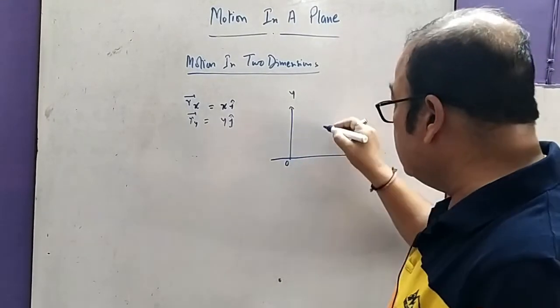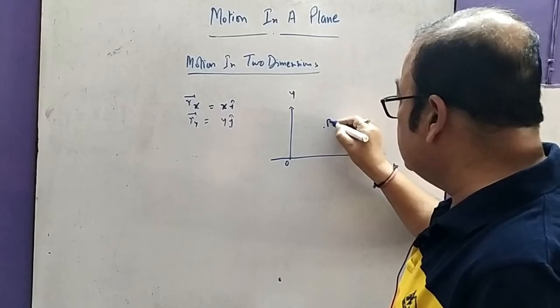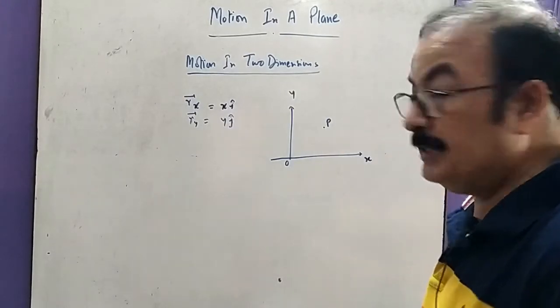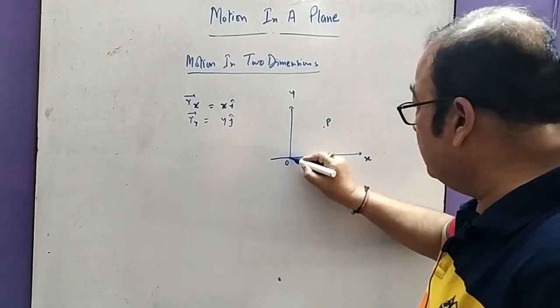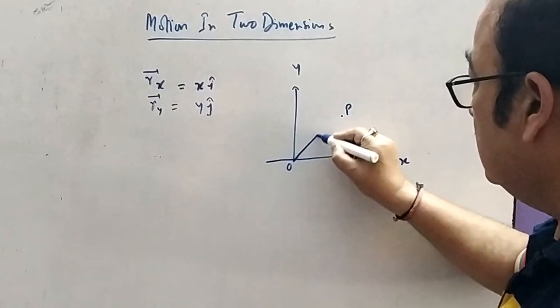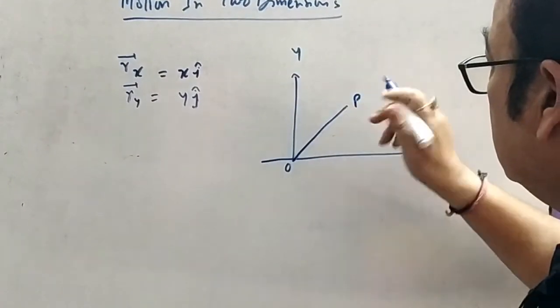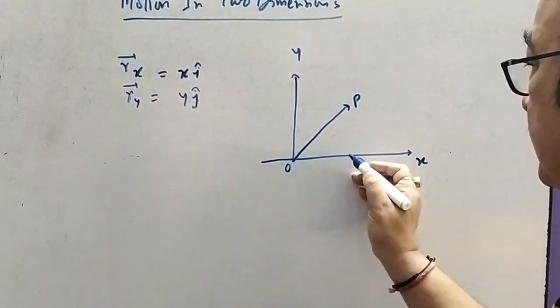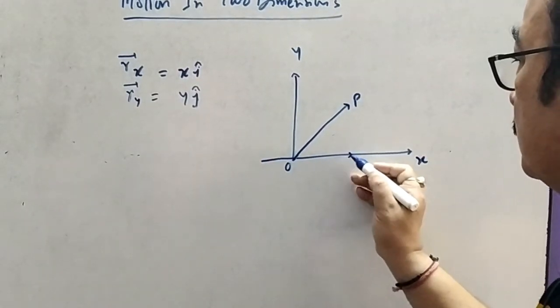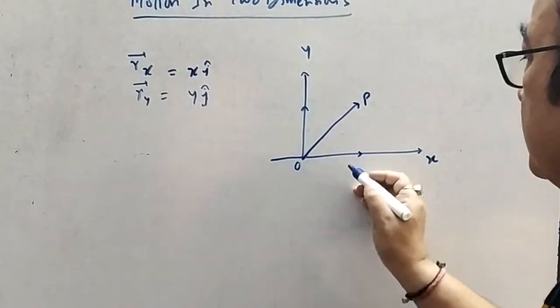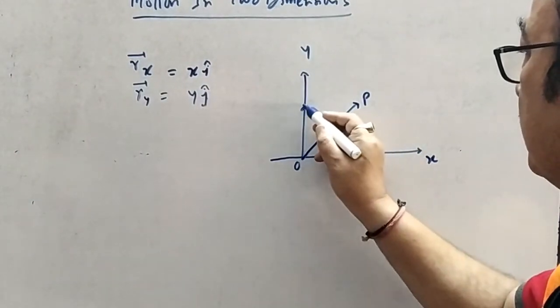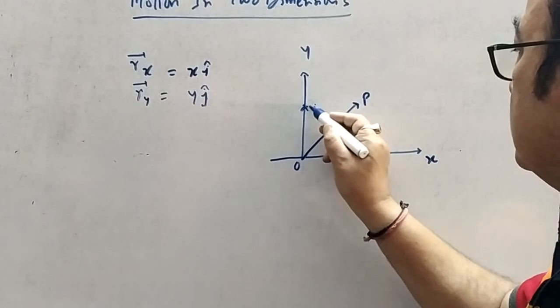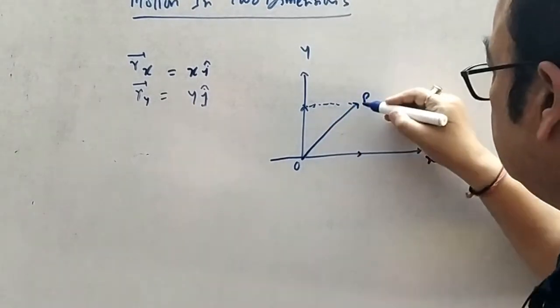At any time t, the point is at this P. Naturally we can have this as the position vector of point P, and it can be taken as the resultant of two vectors. If I just make the parallelogram,